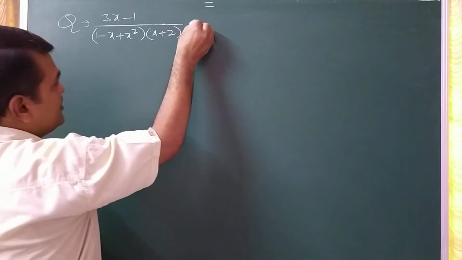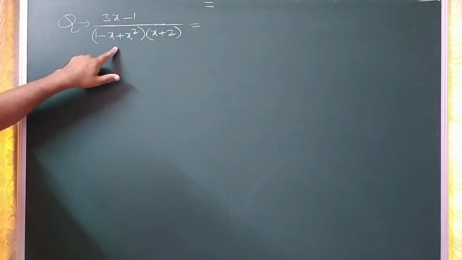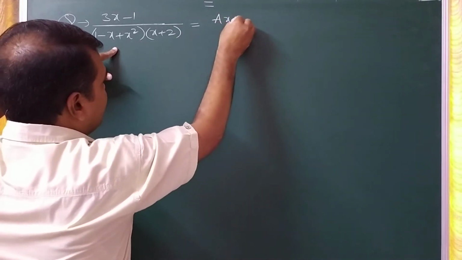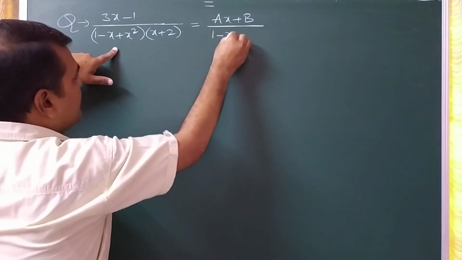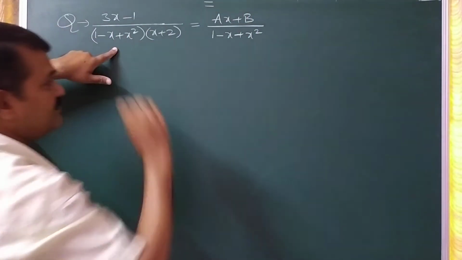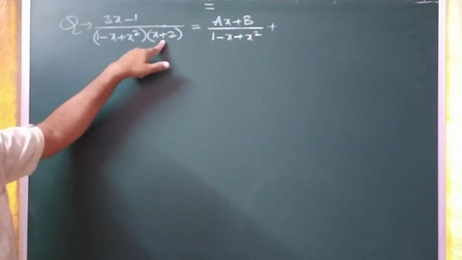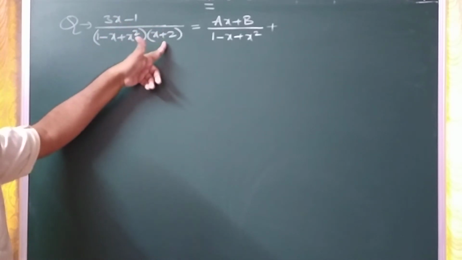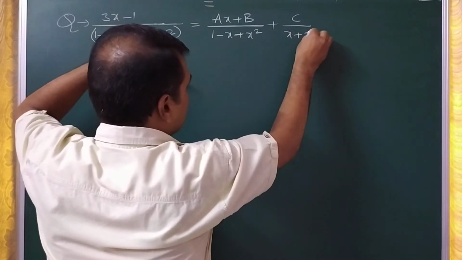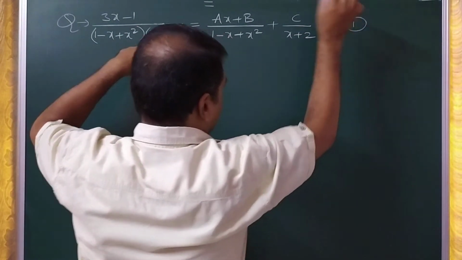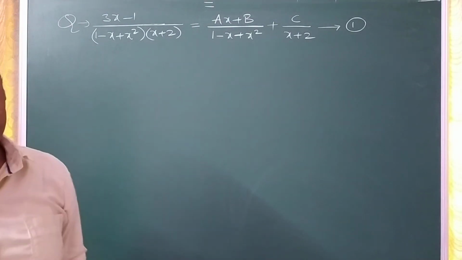So we will write the partial fractions of this as, for the first factor which is quadratic irreducible, you have to write the partial fraction as ax plus b by that factor. Okay, and the second one, x plus 2, is there. X plus 2 is a linear factor only and it is not even repeating. So therefore for x plus 2, we will write the partial fraction as some constant c by x plus 2. We assume the partial fraction like this. Now by simplifying you have to find a, b, c.